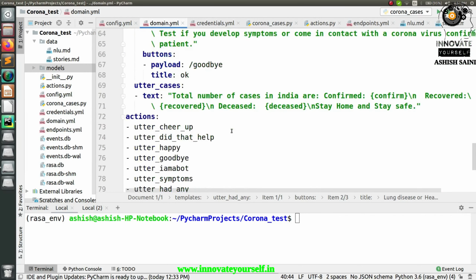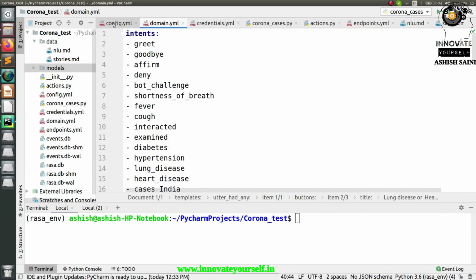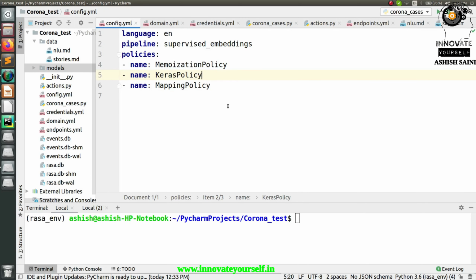Here you can see I have already built a chatbot. Now let me explain what exactly I'm going to do. When I build the chatbot and run it, I am going to interact with it, and when I say hi, your chatbot will ask how may I assist you. Then there are two questions you can put to your Rasa chatbot. The first one is to ask the chatbot what is the current number of coronavirus cases in your country.